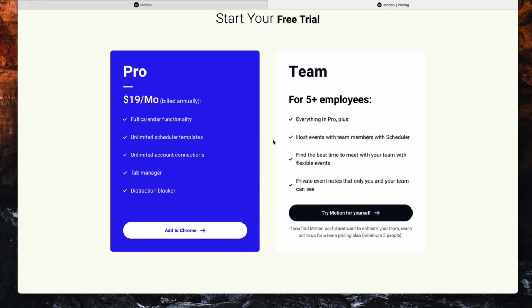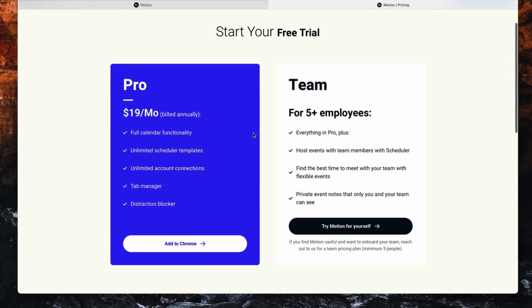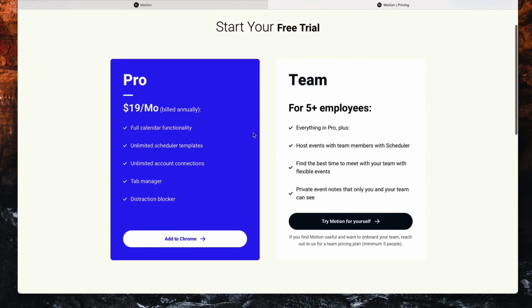Which, to be fair, if this is something that brings together everything and makes a bit more sense with combining everything, it actually works out cheaper than apps like Sunsama and even Akiflow, I believe, if you go for the annual plan. They do have a monthly plan and it was £23. It was $10 more. I'm not sure whether they have their pricing for their monthly here. I think it's something that they probably don't want you to go with because it's so expensive. But when I worked it out in the UK, it was